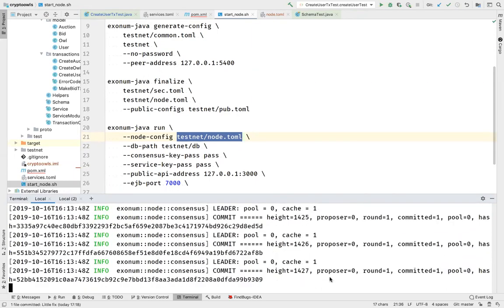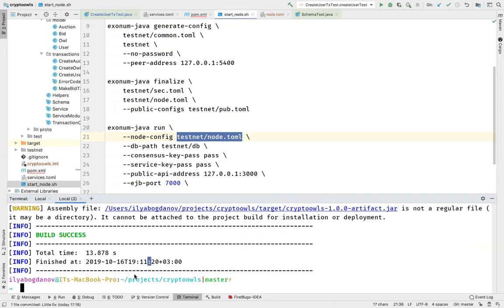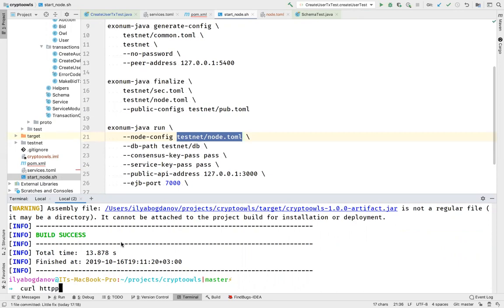And here you can see that our blockchain is up and running. It consists of only one node, but here you can see that the height is constantly increasing, so blockchain is good to go. And now it is available at our local host,